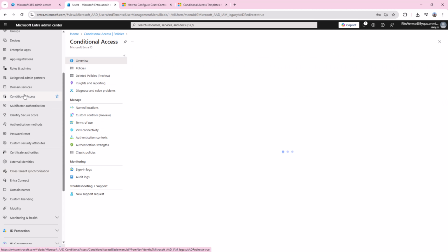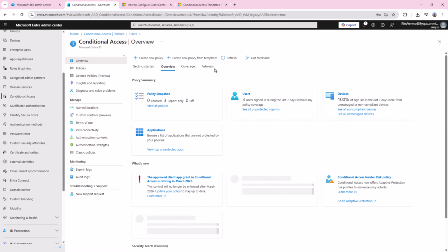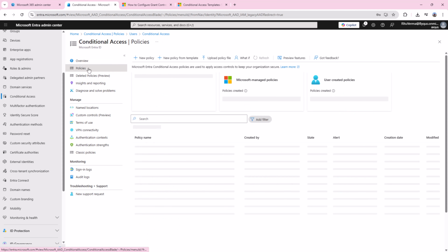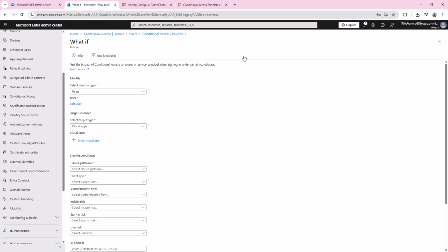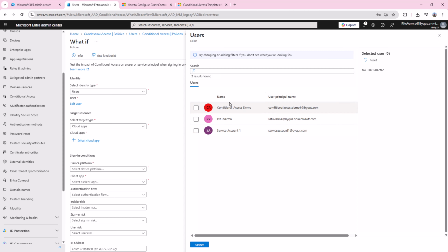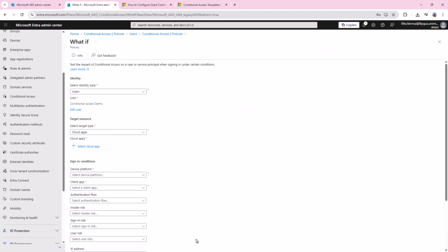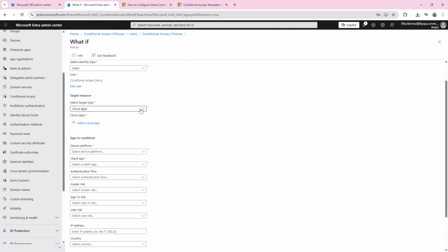So we'll go to conditional access and go to policies, and here you can see what if is there. So users, where we are doing this assessment on user, so we'll click on edit user, and this is the conditional access demo account we selected. Target type is cloud apps.